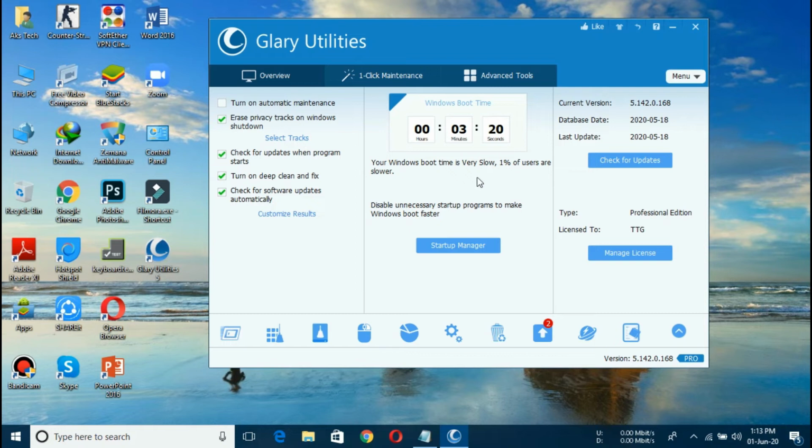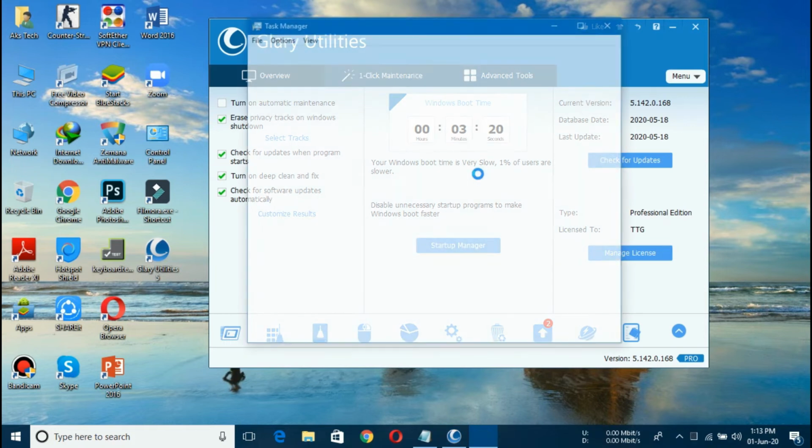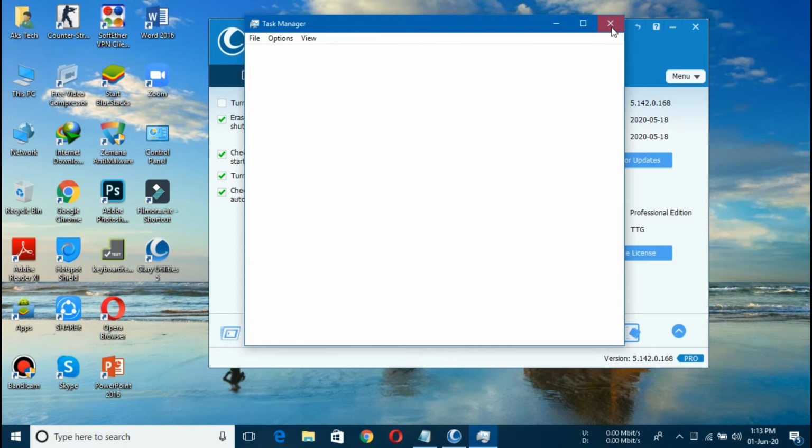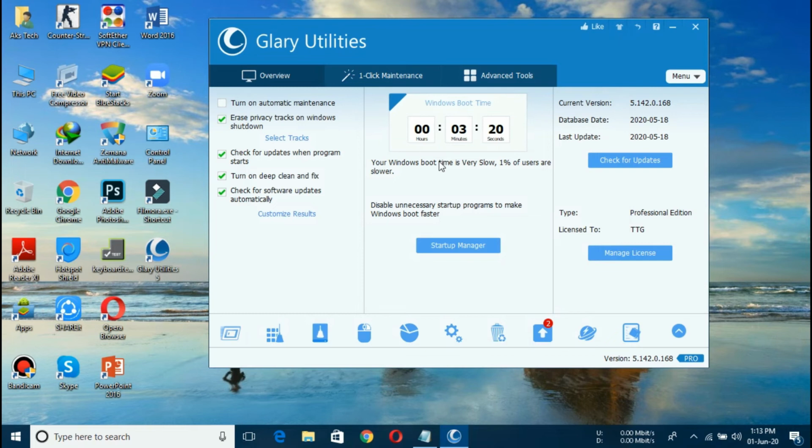And the reason is the startup manager. Let me show you again. Control Shift and Escape. Here you can go to startup. All these programs are enabled because I have just enabled them to show you for tutorial purposes. And when I disable them, my startup impact time would be decreased. Now it is very easy. I have to wait for 3 minutes so that my Windows can be ready for normal use.